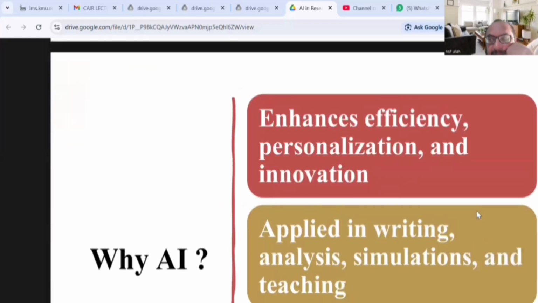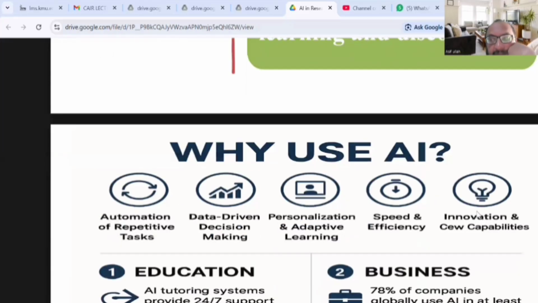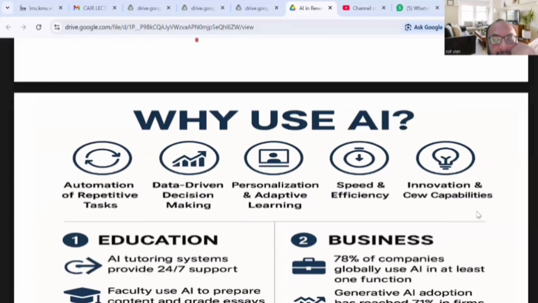So AI may enhance efficiency, personalization, and innovation by application in writing, analysis, simulation, and teaching, and acts as a partner in learning and discovery. Why do we want to use AI? We want automation of repetitive tasks, data-driven decision making, personalization and adaptive learning, speed and efficiency, innovation, and